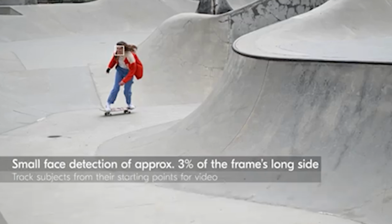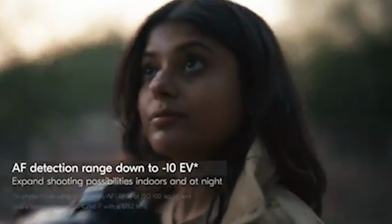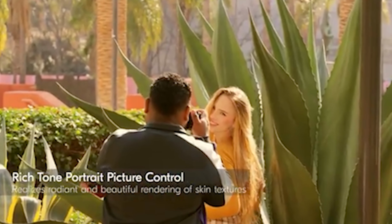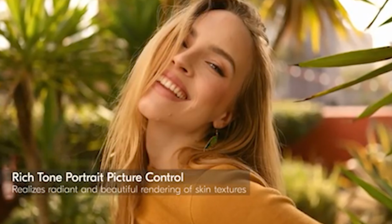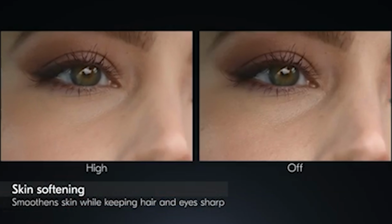So I guess the question is, do you want a video camera or do you want a stills and hybrid camera? Because there's a couple of trade-offs, and obviously the 32-bit float and etc. that you won't get if you just get the Z6 Mark III. But for me, as someone who's sometimes brought in to do photography, and will do that for fun, but